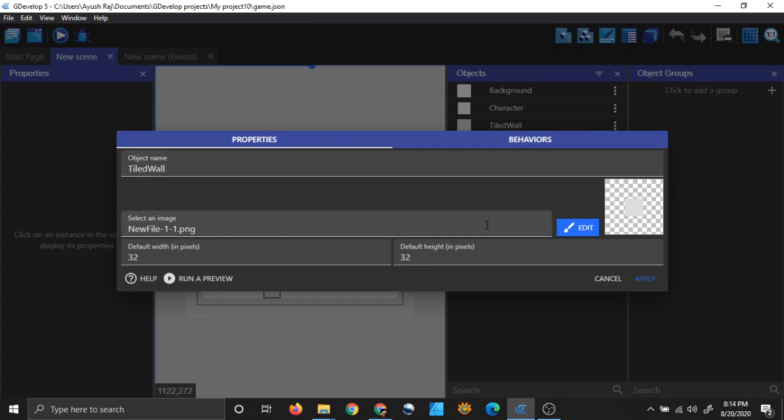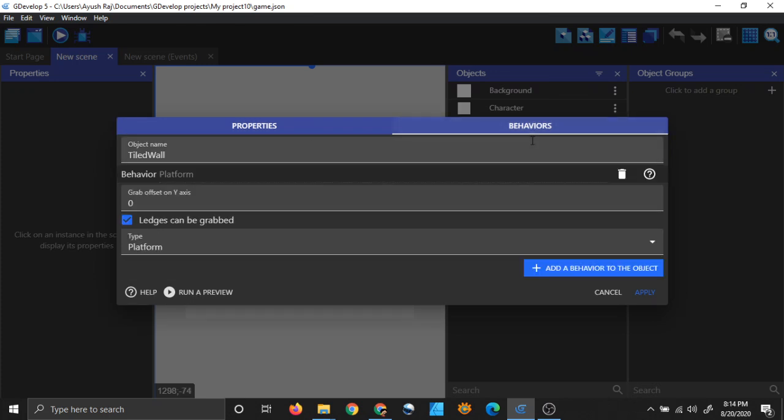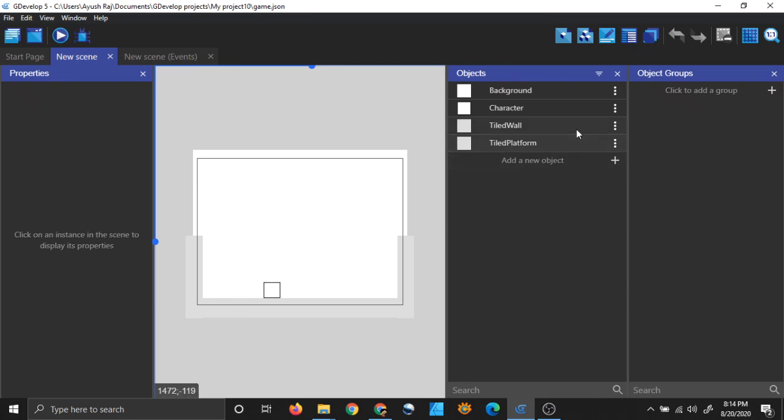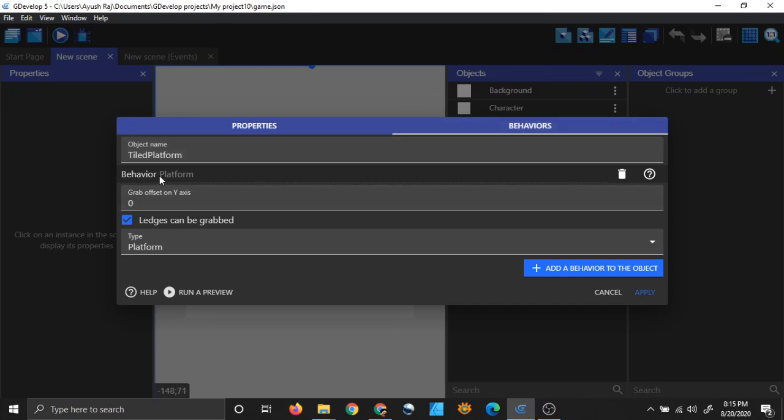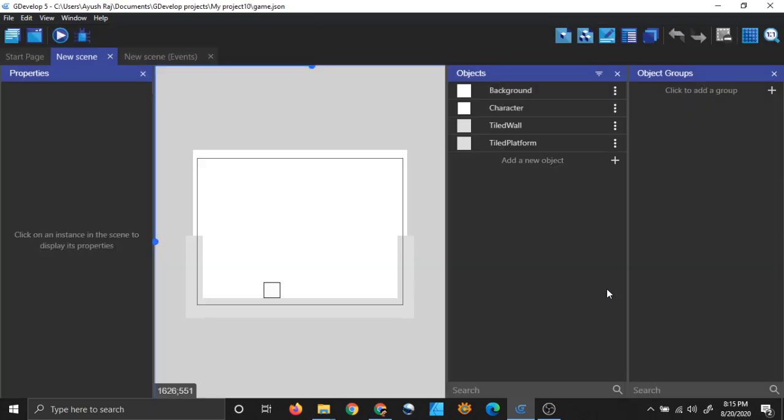I have created the sprite in scale, but in the behavior it has a platform behavior. You can see behavior platform. The next one is tiled platform. This is also a tiled sprite, and I have created the sprite in Piskel, but it has a platform behavior, right? These things have nothing to do with the screenshot system, but I am just telling you how I have implemented the movement system, because movement is necessary to differentiate different screenshots, right? So this is my first setup.